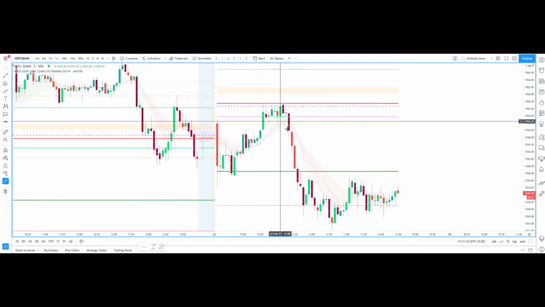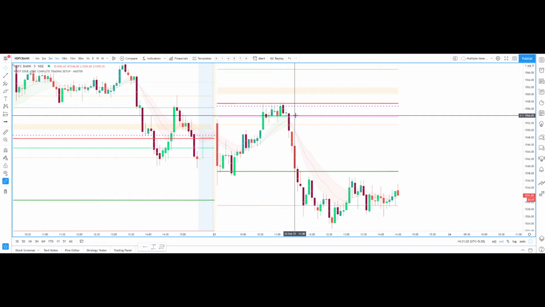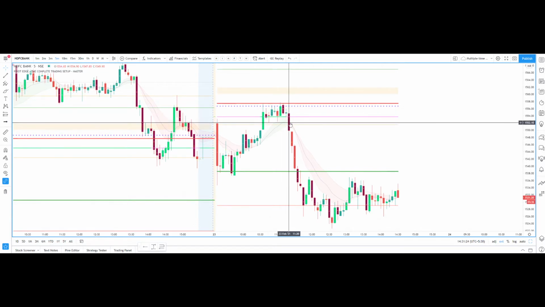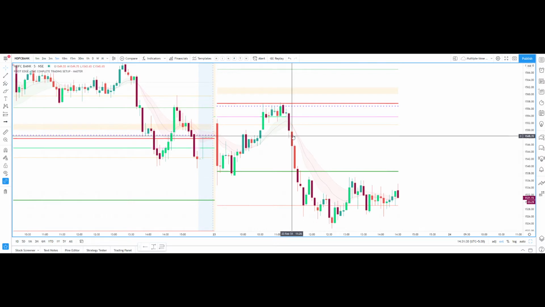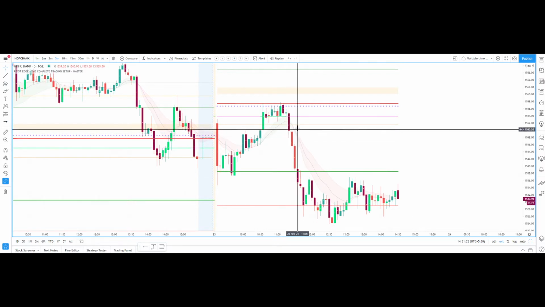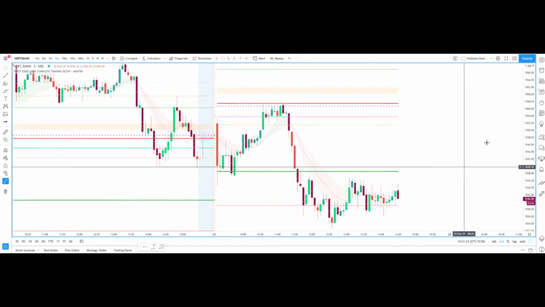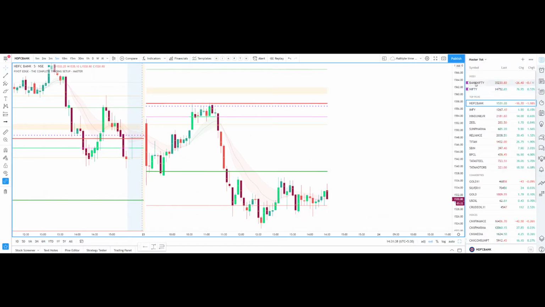I saw this was one good setup where I can take a trade. So when I entered into the system, this is the trigger I got. As soon as I got this trigger, I placed a short order. Then immediately I closed for a small scalp trade. Okay, so now let us see other trading possibilities that we had today.